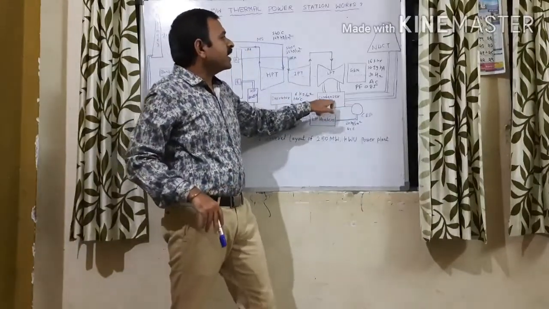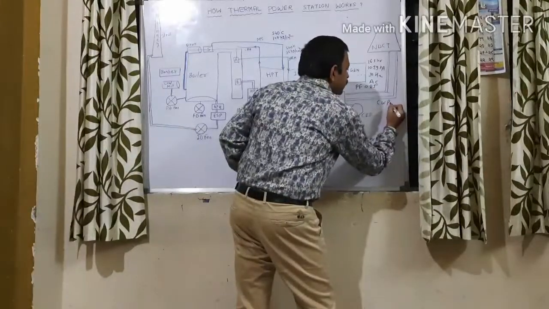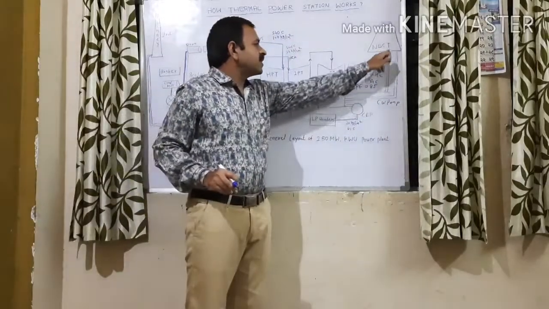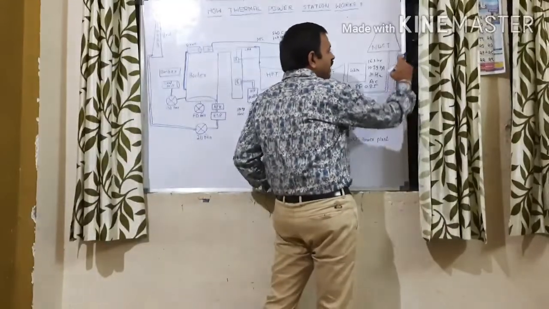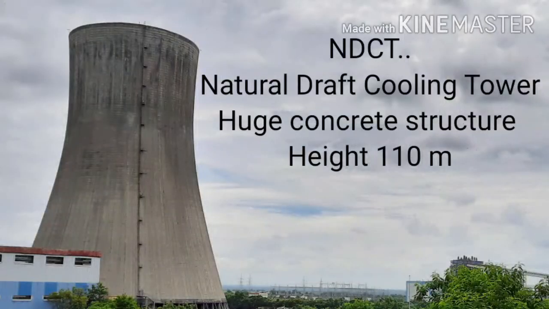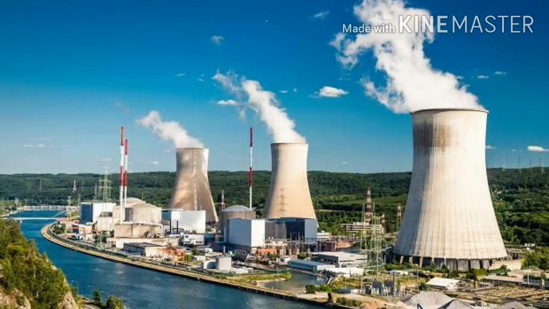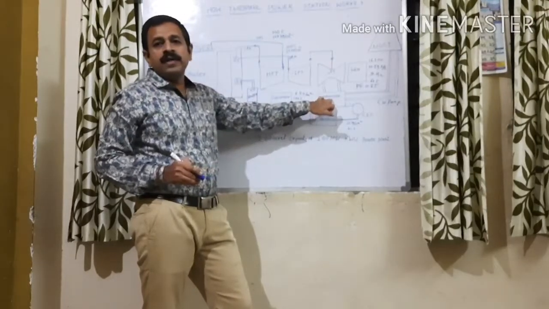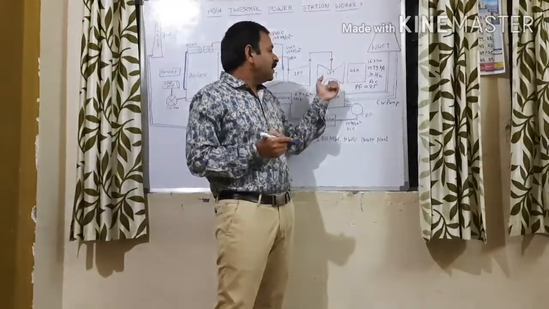For this condenser, the cooling element is a CW pump. So we are having here the CW pump. The cooling element is CW water, cooling water. So this incoming water is cool, and after the condenser action, the water going towards the NDCT will be hotter by 10 degrees Celsius. This hotter water goes towards the NDCT, becomes cool, and this cool water again comes to the condenser, and here the condenser condenses the utilized steam of the turbine and converts it into DM water. Okay, and this will also help to provide sufficient vacuum in the condenser.